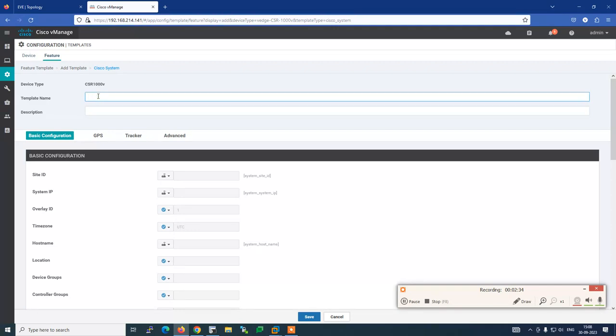In the system we have to give the name. The template name should be peculiar, specific, which helps in the future to push it to the device. If we keep it distinguished from the others, it will be fine. First of all we should give the feature name. What is the feature? It is the system,